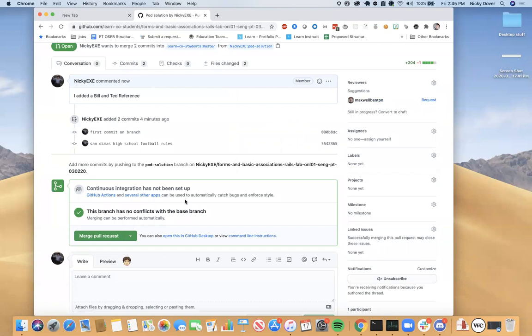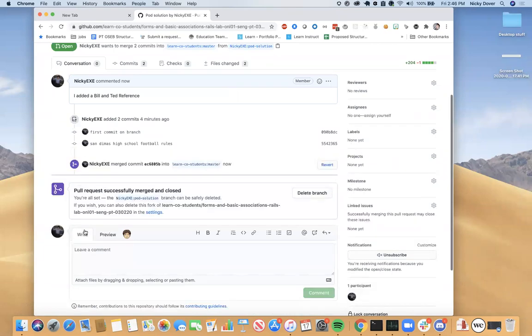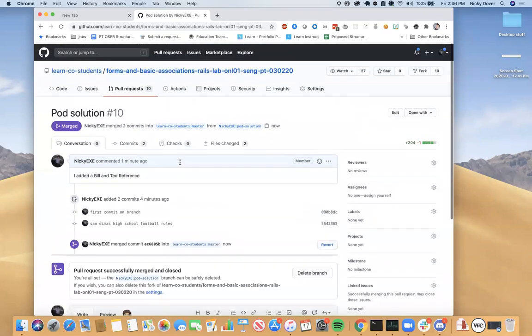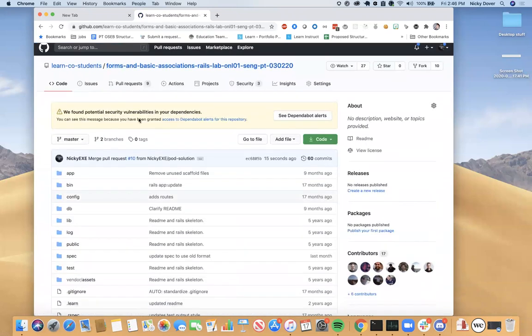So at this point, they would be able to, or if this were a loose startup type app, I would be able to, if I'm just like, yeah, it passes the test, I don't need someone else to review this. I'm going to be able to merge this pull request, or confirm this merge, and now my new master branch. Oh shoot, did I merge this into LearnCo students? Cool, I'm going to have to edit LearnCo students briefly because